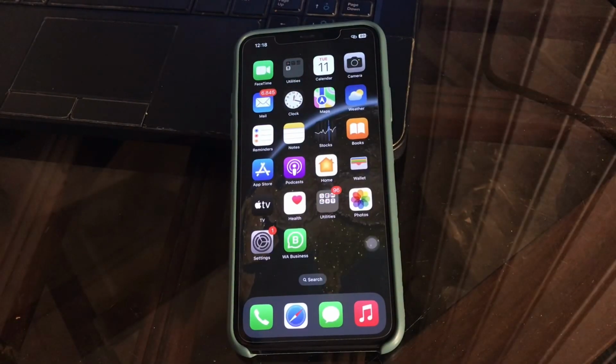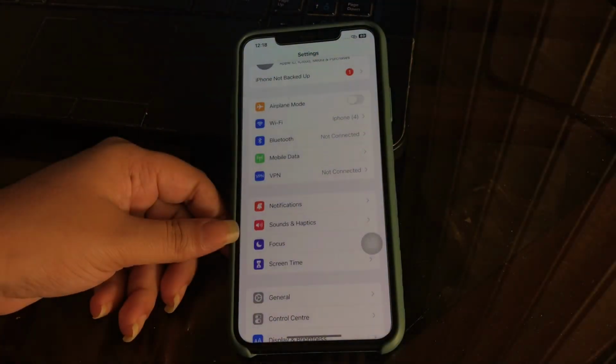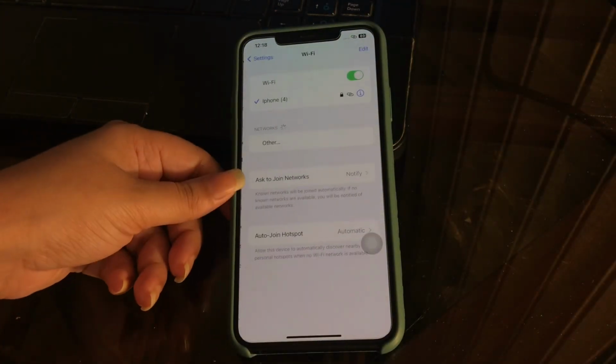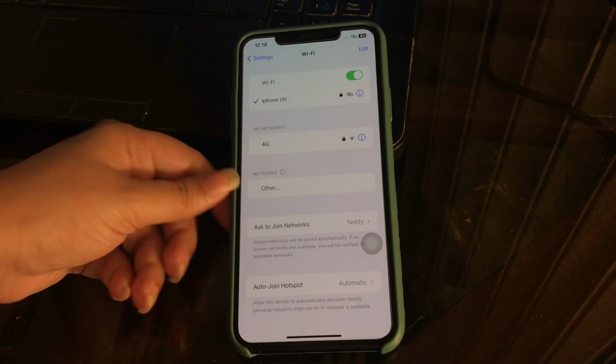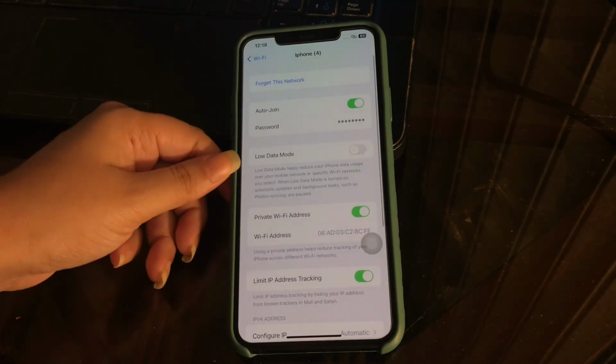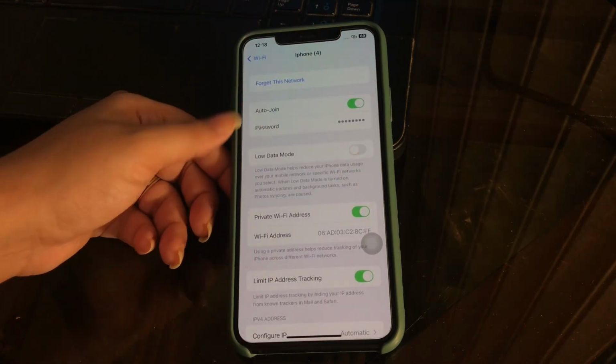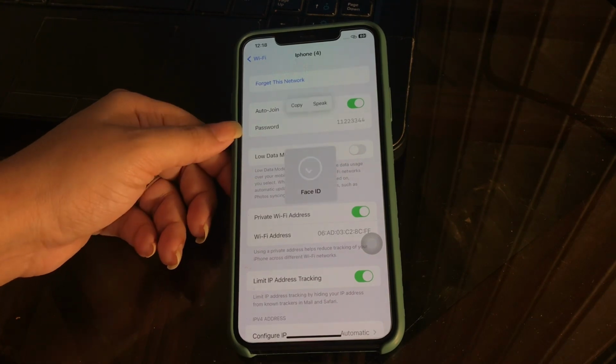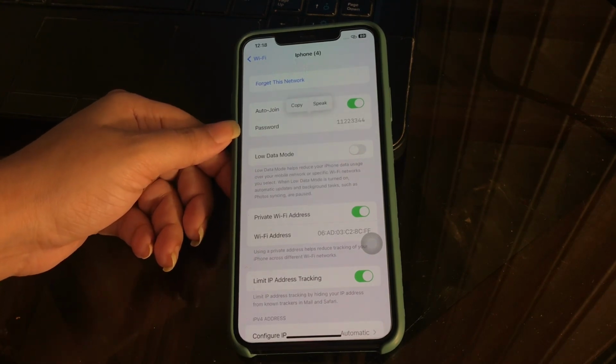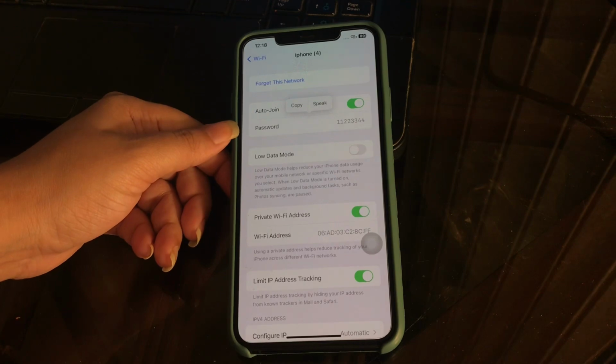And the next step is view the Wi-Fi password saved on your iPhone. Sometimes we forget the Wi-Fi password that we have used to connect to our iPhone after a long time to share it with our friends or relatives. For this, go to Settings, tap on Wi-Fi, and then tap on the eye icon. Now tap on Password. And here you can see your password, and also you can copy it to send to your friends, and you are done.